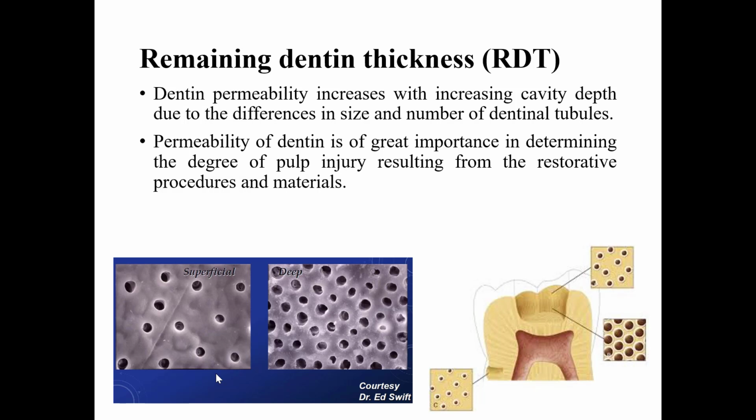Dentine permeability increases with an increasing cavity depth due to the differences in size and number of dental tubules. عندما تلاحظون هنا بالسكيماتيك diagram إنه المنطقة القريبة على البالب دائما يكون عندنا الدنتال tubules أكبر بالعدد، dimensions of the dentinal orifice تكون أكبر compared to the area that is superficial or close to the enamel. كل ما ندخل أعمق بالكافيتي كل ما تكبر الدنتال tubules، فلذلك الإفكت of restorative material أو الإفكت of operative procedure